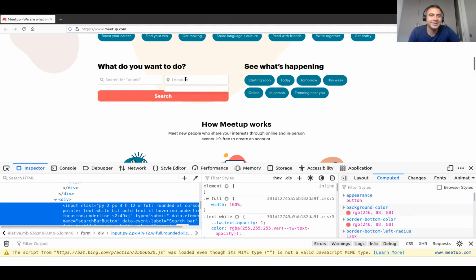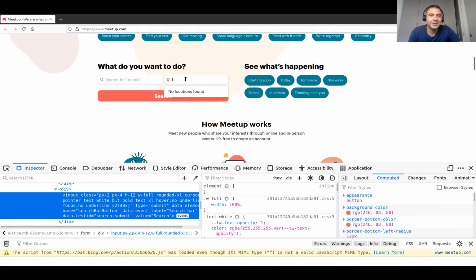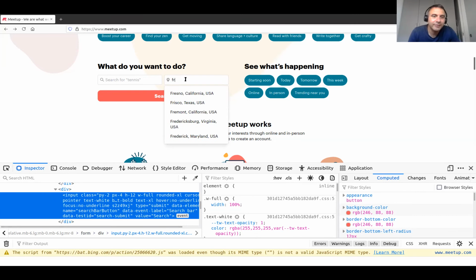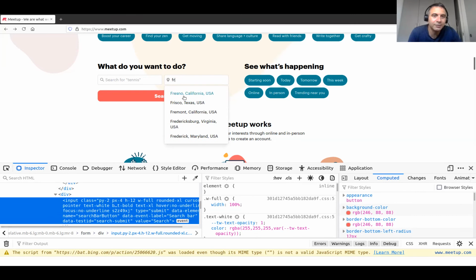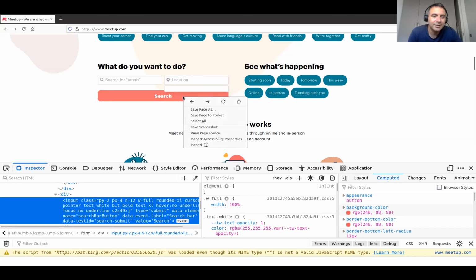Look again. So nice. You want to do a hiking in, well, Frisco, California. Right click, and we lost it. You see how cute it is?